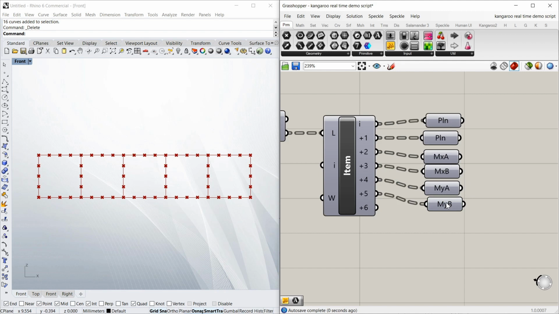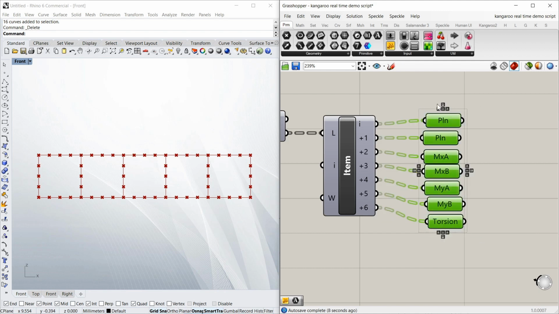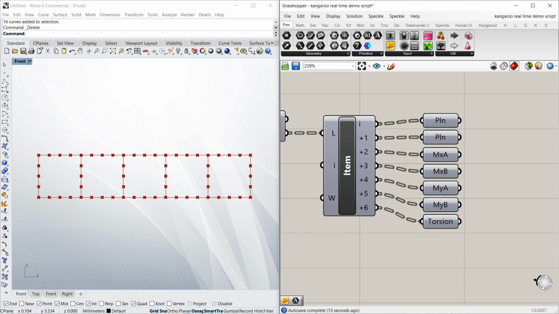Now the last one is torsion, which is also a good property to get out. I'm not going to use it in this tutorial, but you can think of ways of using it for sure. Just make that a bit neat. Okay,